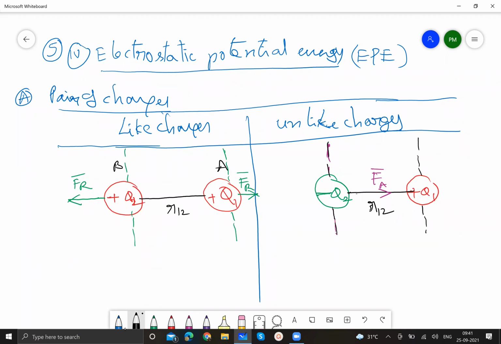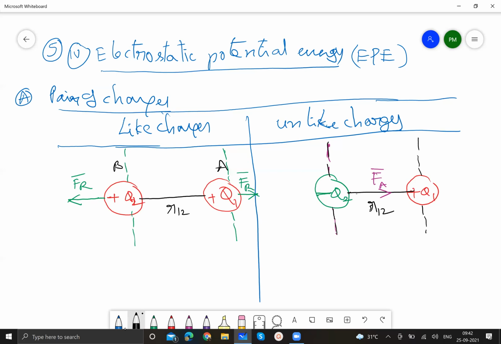So in either case, I want the stable configuration of charges. As such, these two configurations are not stable. Configuration means arrangement. So in the first case, the like charges attempt to fly away from each other. In the second case, the unlike charges will tend to come closer, just as Rutherford failed in explaining the stability of the atom, according to whose theory the electron, because of the Coulombian attractive force, should fall into the nucleus. It is quite natural. The negative charge always tends to approach the positive charge, whereas the like charges will always try to repel.